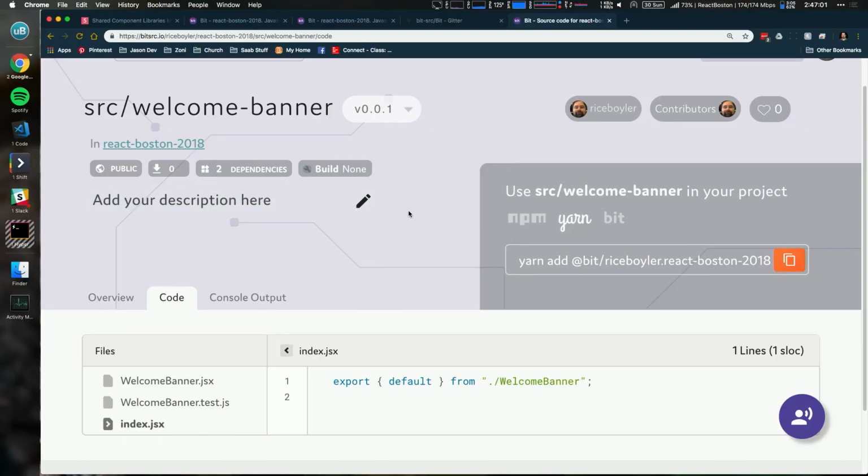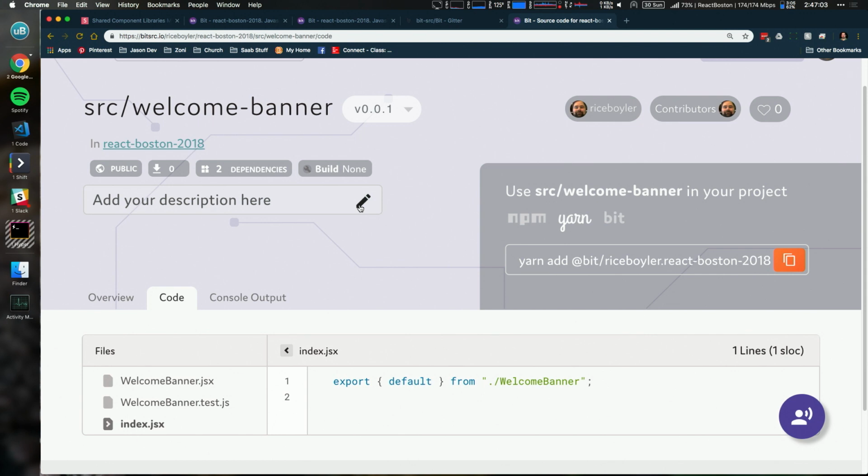How many of you have packaged up an npm package and published it? How easy is it? Was it this easy? Really? I'm doing it wrong. I think this is pretty darn easy. Yes, it does work with Yarn as well. So if you prefer Yarn, you can certainly do that.